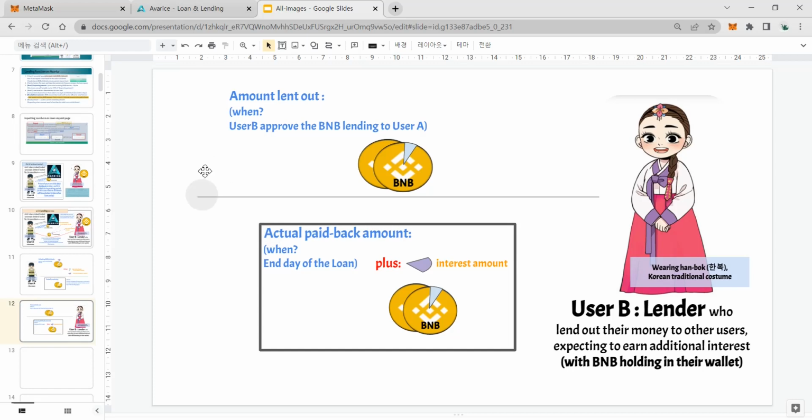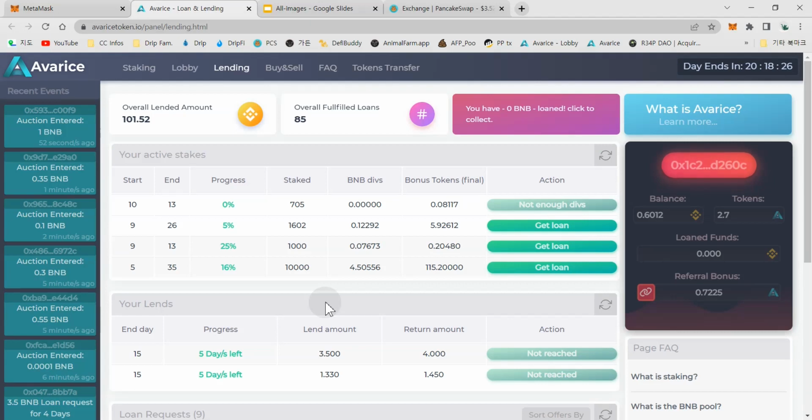Between these two time frames, the lender should wait the duration of the loan period, and let's take a look at the recordings. So let's try to get a loan from the stake that I have with the BNB dividends holding. Go through this landing page and choose the stake that you want to get a loan on. I will try this one,